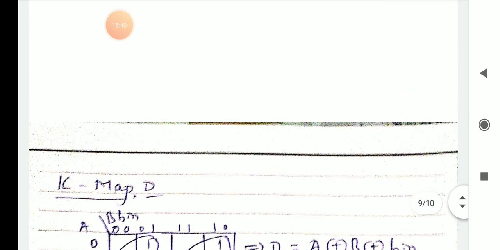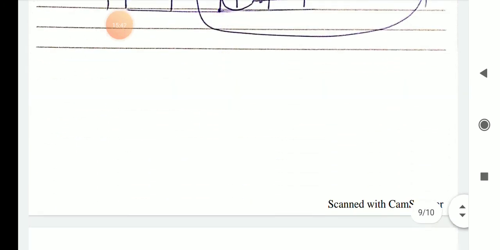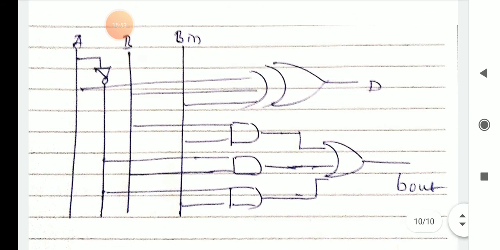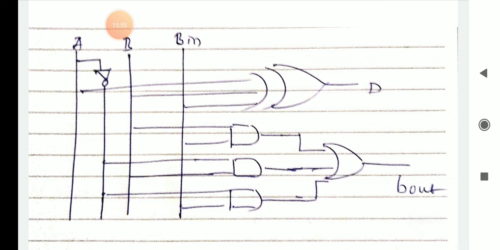So how are you going to perform this one, you know already. Next we will move on to the logic diagram for the full subtractor. You can write A, B, Bin as the three inputs, and you need one A bar, so you can put one NOT gate. First you can write the XOR gate for the difference, A XOR B XOR Bin. So A is one horizontal line, B is one horizontal line, Bin is one horizontal line, then put one XOR gate and write the output of the difference.